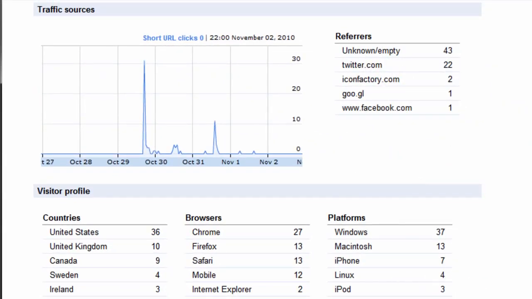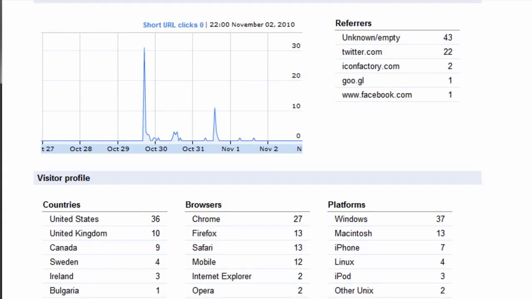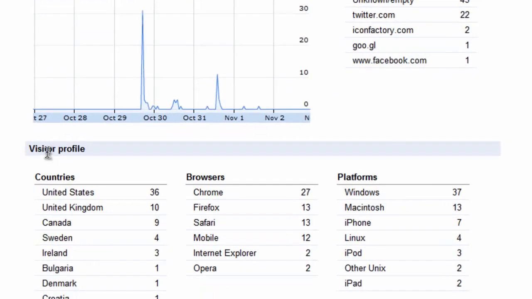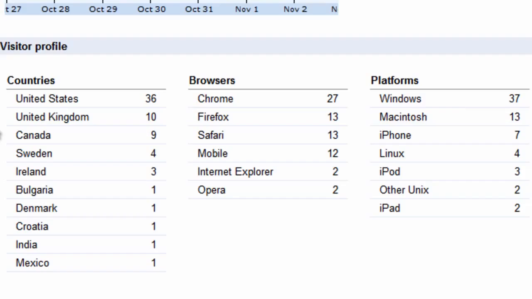And my favorite part, and why I'm probably going to be using this URL shortener from now on, is visitor profile. This gives you a really complex and really detailed view of where people are clicking on your URLs, what they are clicking it on, and how they are viewing it. So you can see that the vast majority of my viewers are in the US or the UK,